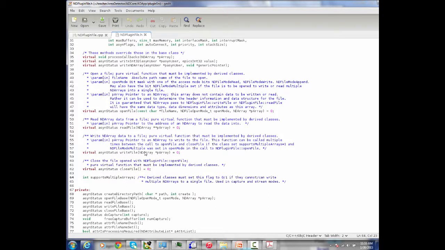If you remember this, there's this lazy open flag that the user can choose, but all that really does is delay calling open file until the first array arrives after you've started to stream the data. If you don't use lazy open, it takes the last array that arrived before you started to stream the data and passes that to open file. If you set lazy open, it caches the fact that you'd like to call open file, but doesn't actually call it until the first real data